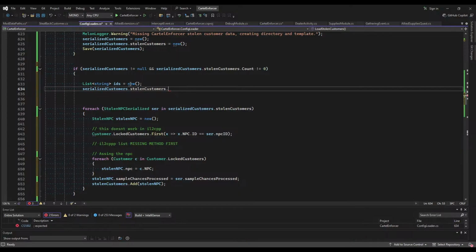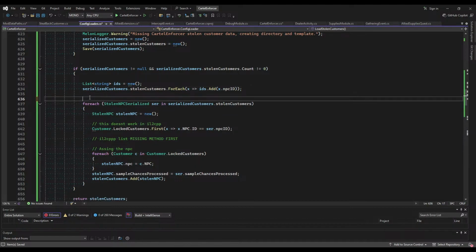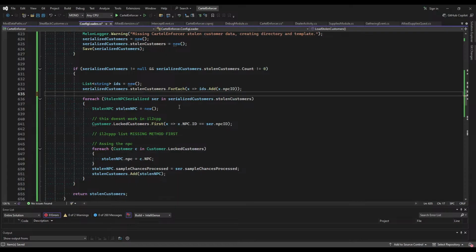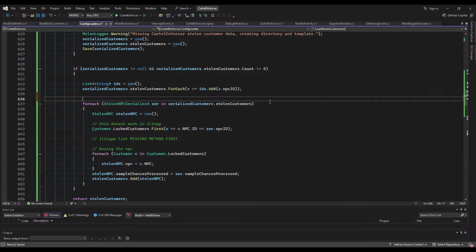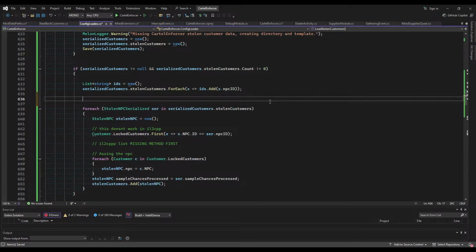It doesn't do it for me, goddamn it. I'll just do it like this, for each X. And then I say IDs, we're gonna append x.npcid, like this. That's a two-liner. So it's still one for each loop behind the scenes. And then I'm gonna flip this around, so I'm gonna be iterating over this one. For each customer c in